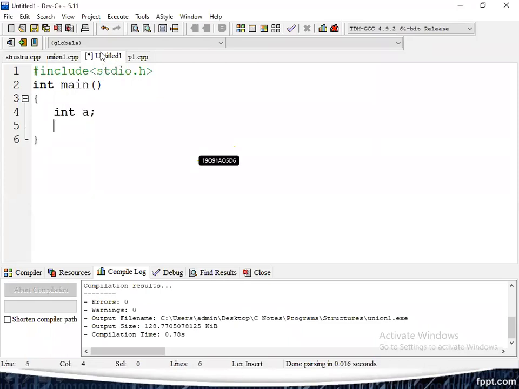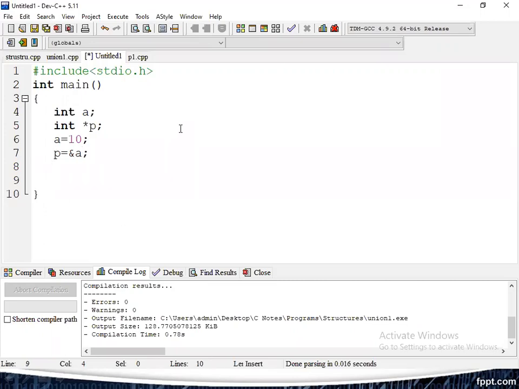Int a, int star p. Next a equal to 10. Next p equal to ampersand a.